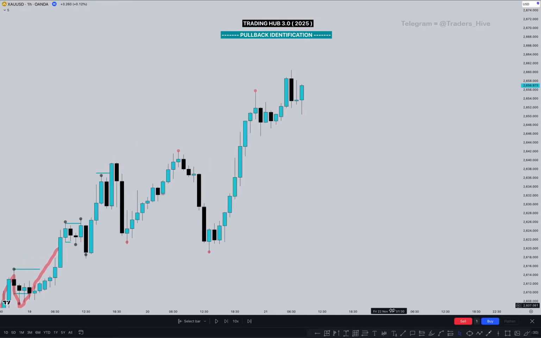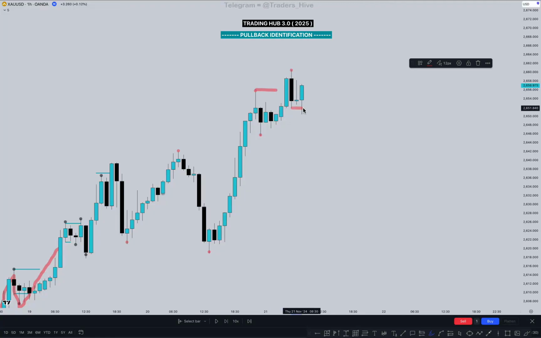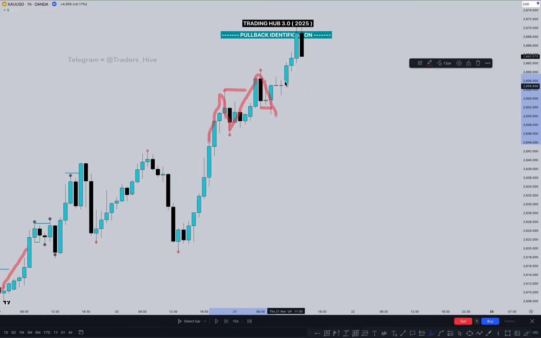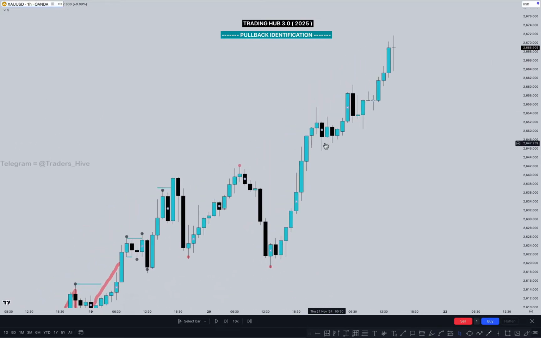Again the market continues to break the previous high here, so this point becomes a higher low, break this one. Okay, this point becomes another high because the candle is broken, so this move counts as one more valid pullback. Let's see what happens next here. Again going higher high, break this one, and this move will continue upside after taking out the previous candle. Okay, so I hope you learned in chapter 1 what pullback identification is